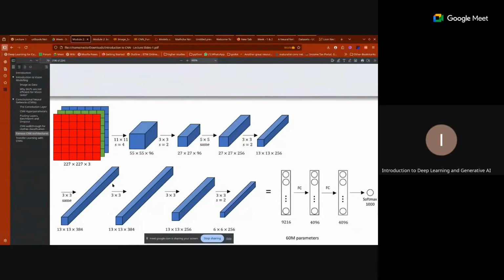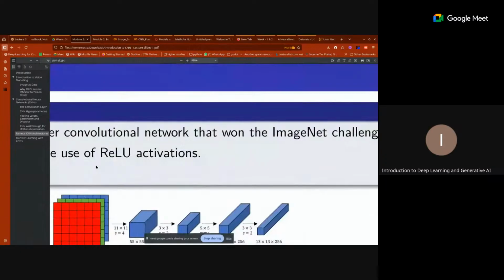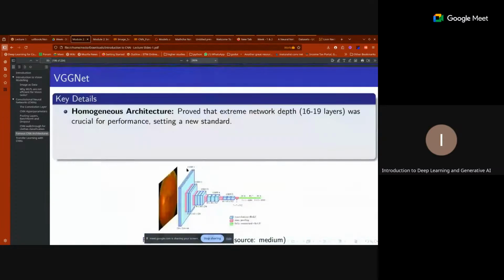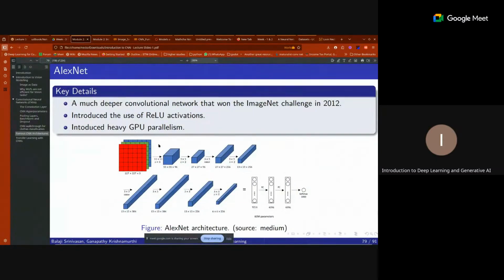Okay. So now let's go back to this one. AlexNet, the basic idea is using bigger kernels at the initial stages, reducing that, and then finally having this one. Here the size reduction happens through striding, right? Here the use of max pooling is not. And then AlexNet uses GPU parallelism because of this convolutional architecture. The convolutions happen in parallel when you use a GPU, right? These matrix multiplications that use